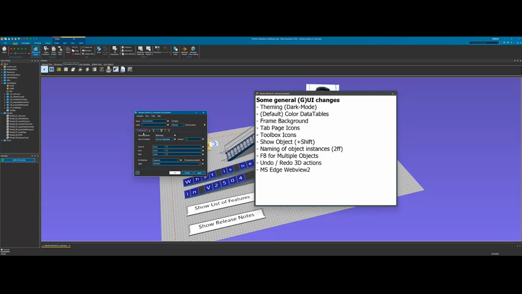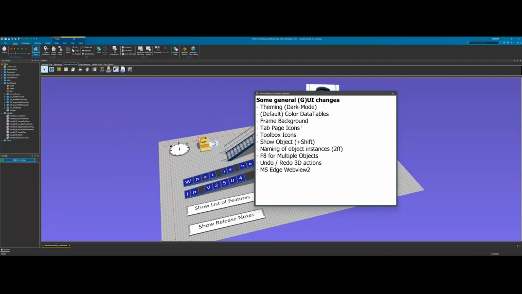Yeah, I find it pretty nice because it makes the dialog more compact. You have all the tabs available at once. You don't have to do some scrolling or hiding some of the tabs. It's pretty cool, but of course you have to get used to identifying the icons. So for me, it takes a few seconds always to remember which was the tab that I wanted to go to. But I guess if you work with this for a while, this will get as natural as looking for the tab that reads exit or controls. Yeah, but it's an option. You don't have to use it. It's a preference thing.